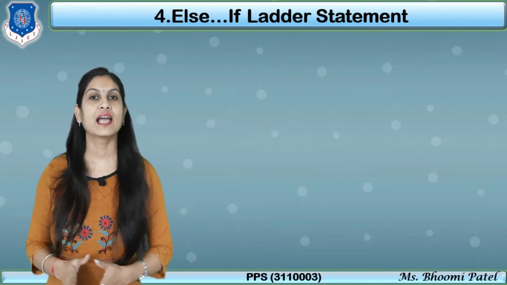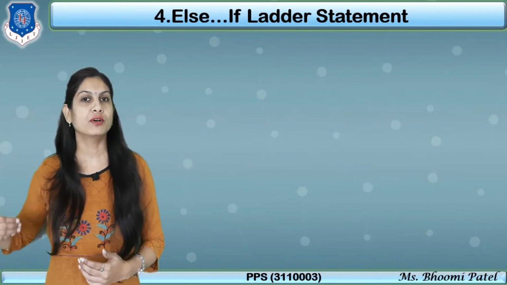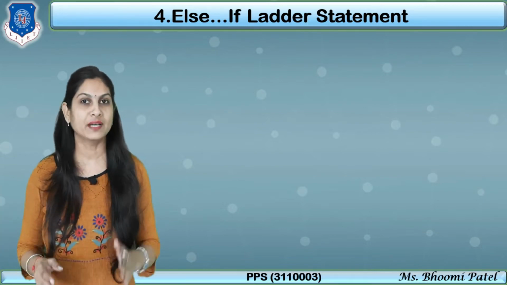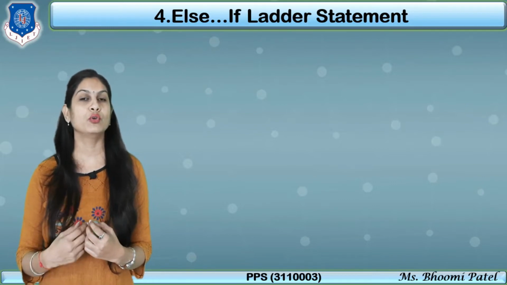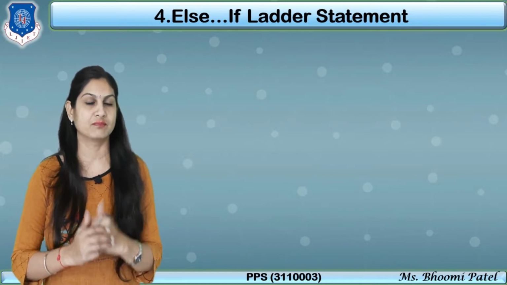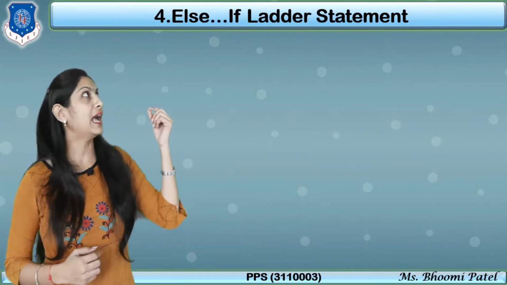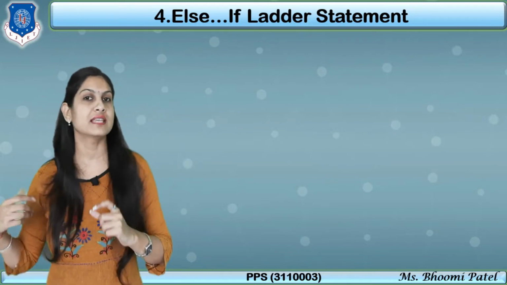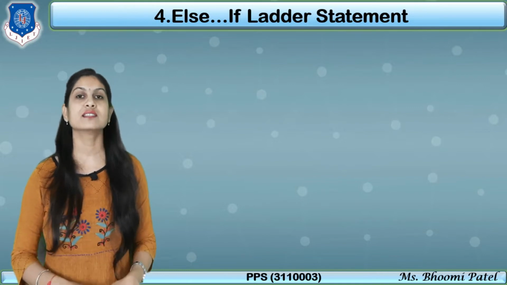Now the word here is what? Ladder, and you are all aware of this word. Ladder means stage, and it is performed step by step. If you remember the previous theory, that is nested if else, in which we are doing what? In an if and else, again we have to write if else, because the title is nested. But here the theory is else if ladder, and ladder means stepwise, so you have to put conditions one by one, and that is our syntax.